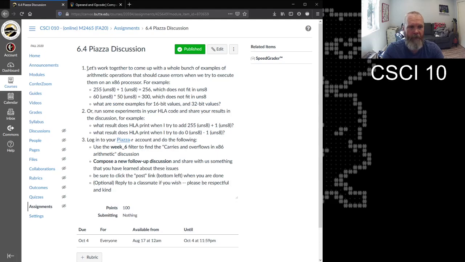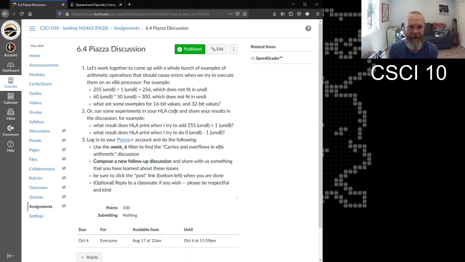Piazza. So the discussion prompt looks like a lot this week, but it's really just each one of us adding a little piece of our own observations to a discussion. As an example, after you implement this week's code, you can punch in a couple of numbers that you know should cause an error, and then share with us in the discussion what it looked like.